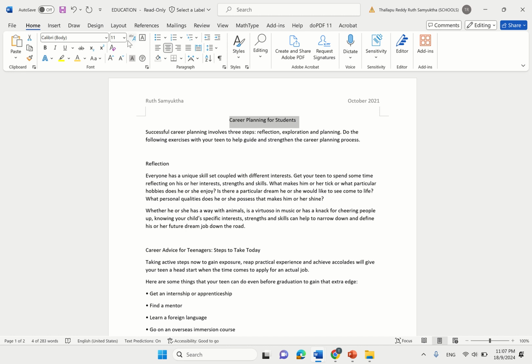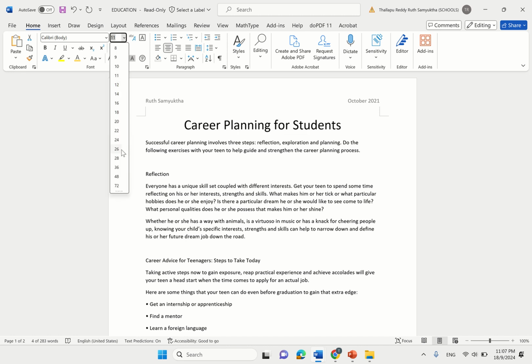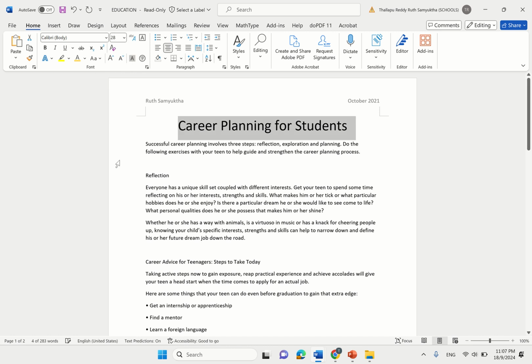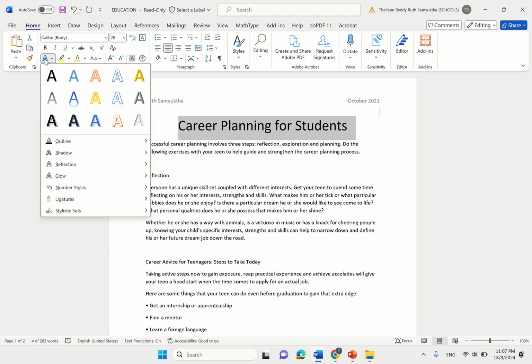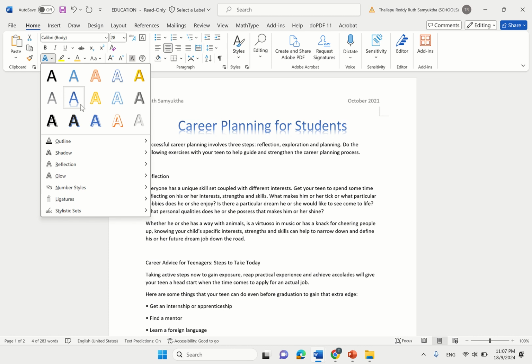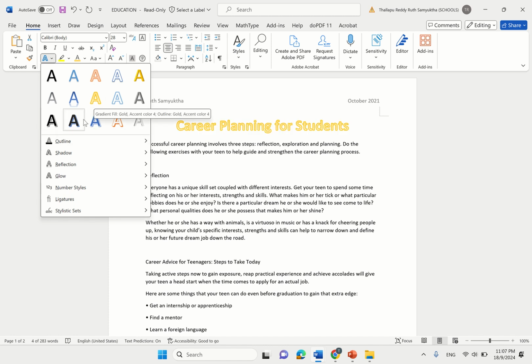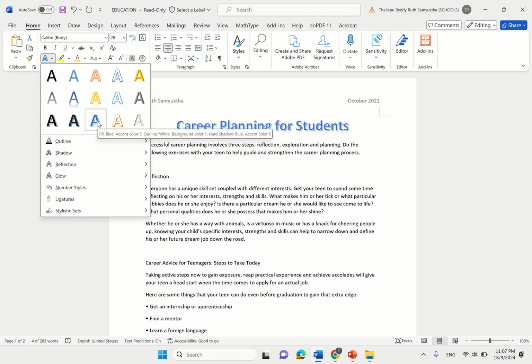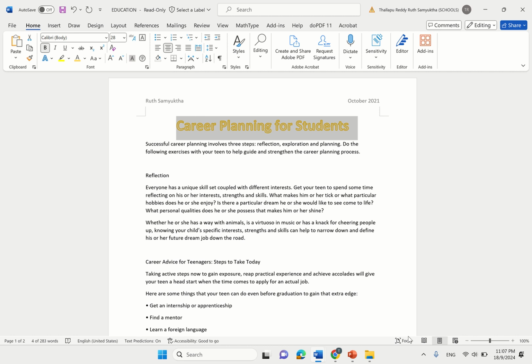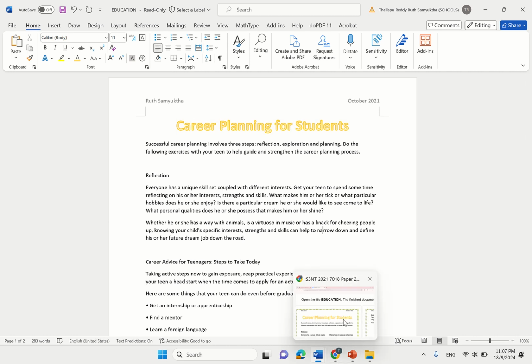And then I want to change the size. Maybe I want a size to be 26 or maybe a 28. That seems about right. And I want it to be word art. To make it word art, if you notice, there's this fancy looking A over here. If I click this, I can select it to look like any slightly fancier looking letters than the usual. So obviously there's a lot of different ones. The text that we saw was yellow in color, so maybe I'll just go with this one. This one looks pretty similar to what the picture looks like, so we're gonna go with this one. Next,